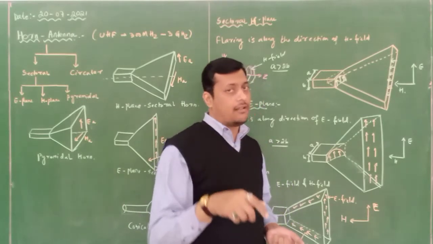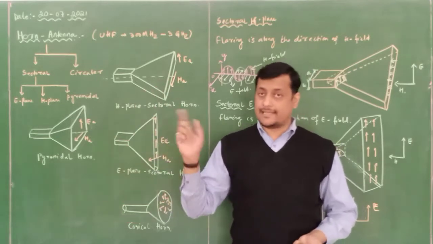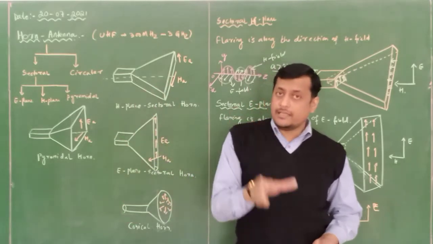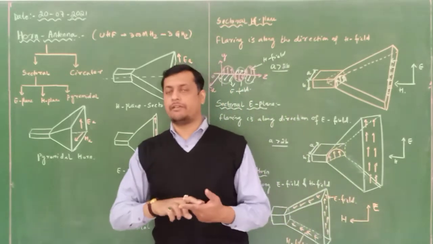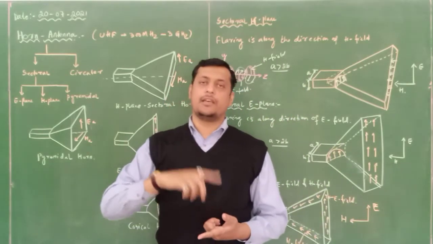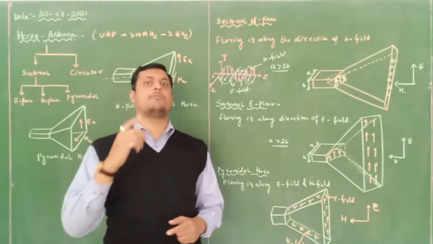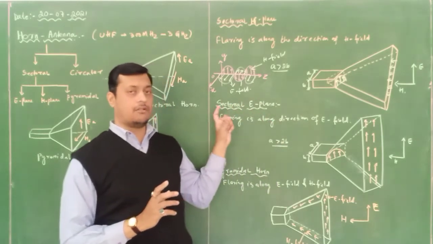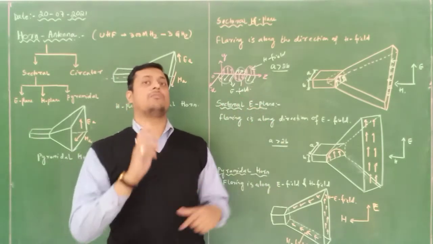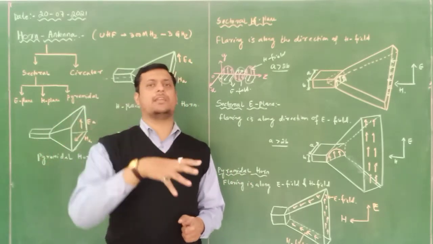Similarly, in wavelength also we can say if the wavelength of input is less than the wavelength of the rectangular waveguide, then only the propagation will happen, because wavelength and frequency are inversely proportional to each other. If operating frequency is high, your wavelength must be less. If the operating frequency of this rectangular waveguide is high, your wavelength must be less. According to that principle, we are going to deliver the information.